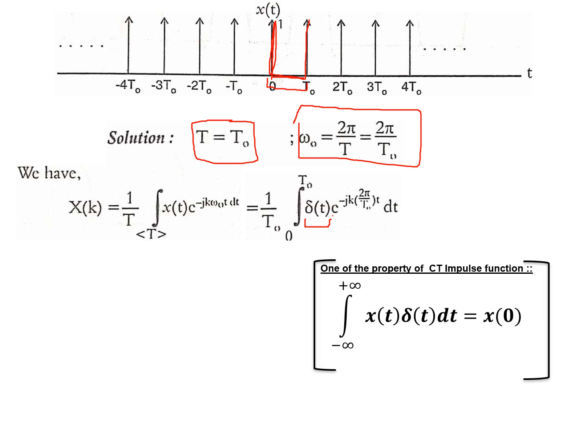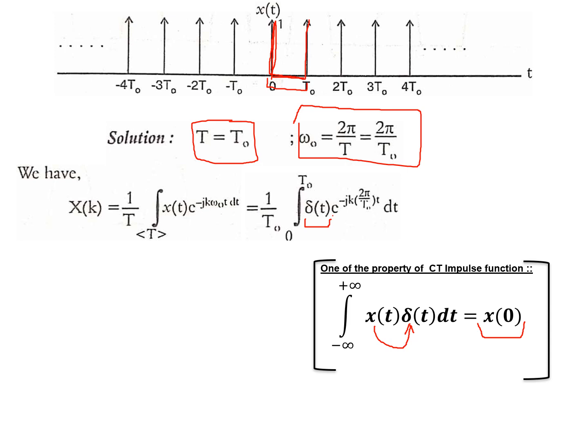That is this property. One property of the impulse says that if you integrate any function x of t with delta t with respect to time, that is, if there is one single delta t function and I multiply it with x of t, then integrate with respect to time for the entire duration, the net value is x at 0, whatever the value of the signal at the occurrence of the impulse. Where is the impulse occurring here? At t is equal to 0.